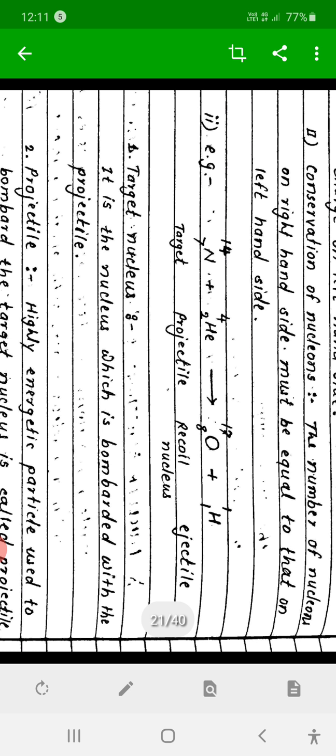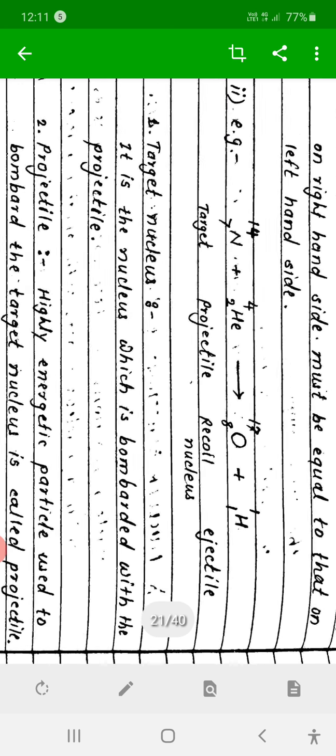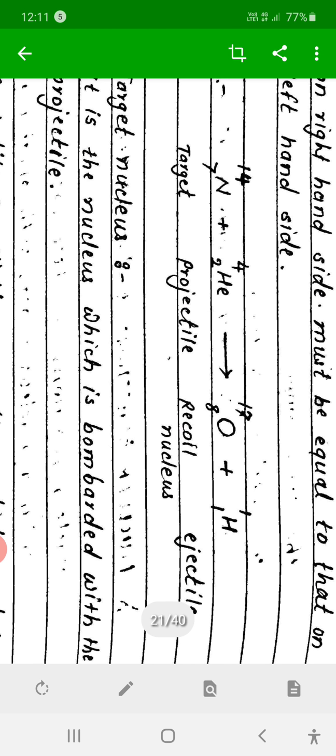And when that target nucleus, which is stable, is bombarded by that small particle, that stable nucleus becomes unstable, and that unstable target nucleus decays or becomes radioactive and exhibits a decay process, that is converted into